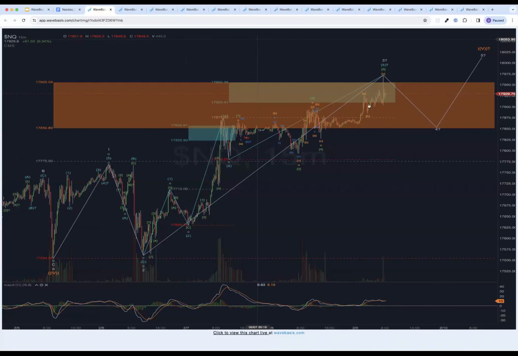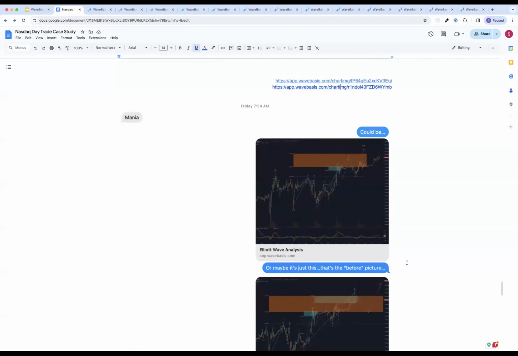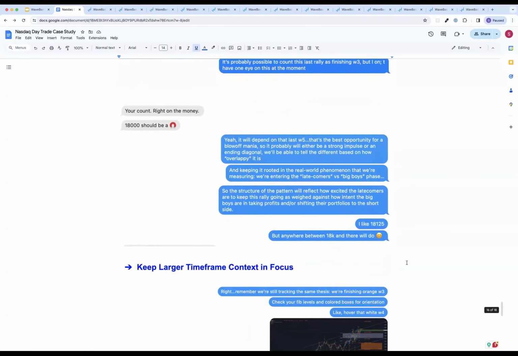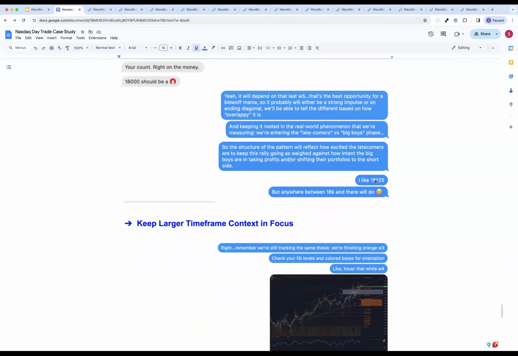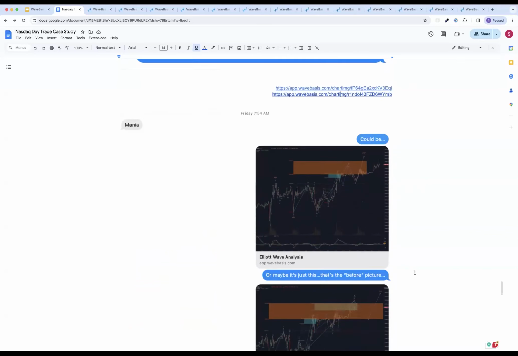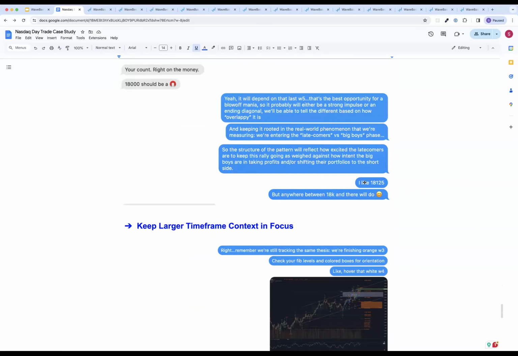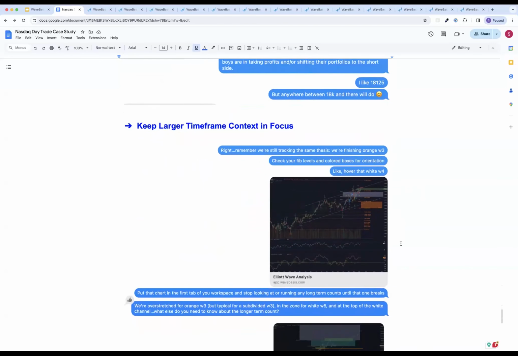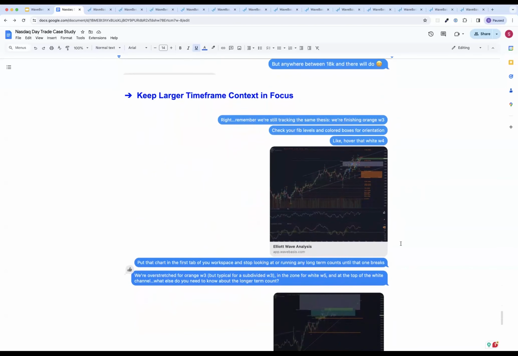At a certain point, we were filling out the pattern that I had projected. So here I'm looking for a drop and an ending push. And at that point, this is on Friday morning, this past Friday, I told him, based on those projections of the chart we just looked at, that I like 18,125. And that's sort of a game that we've always played. It's called name the bottom tick or name the top tick.